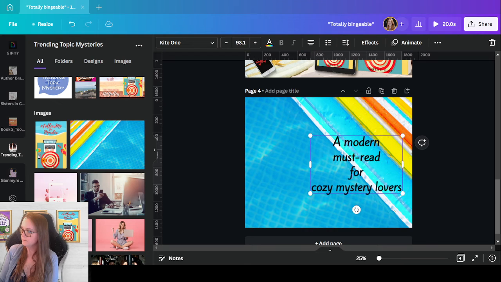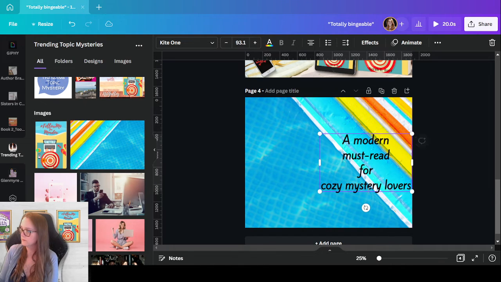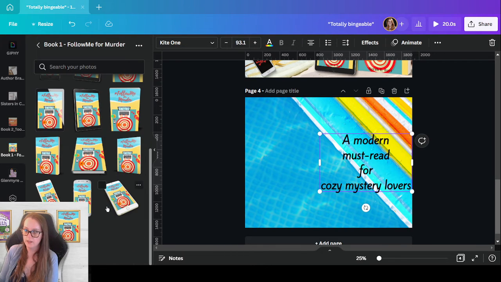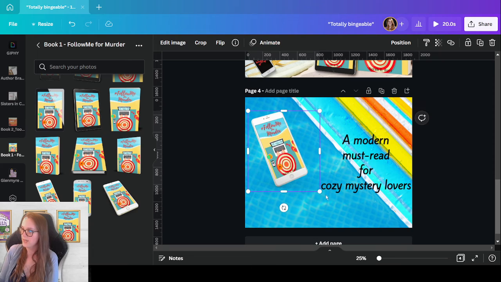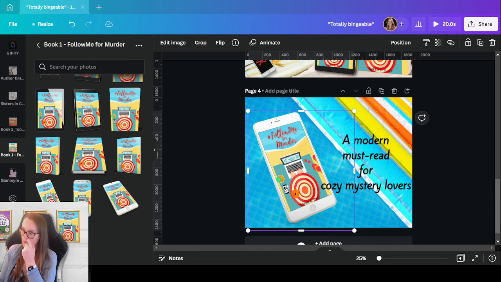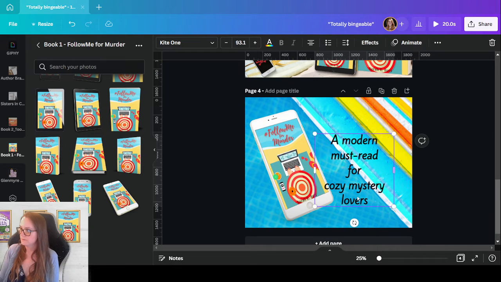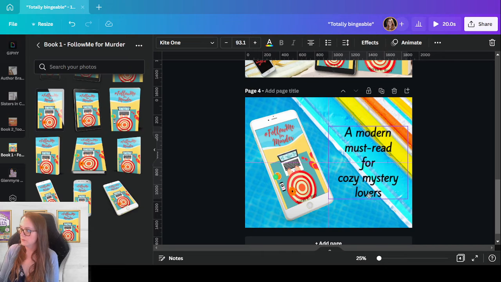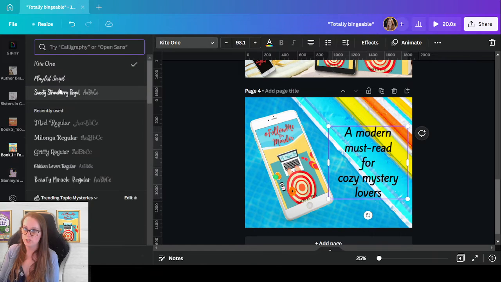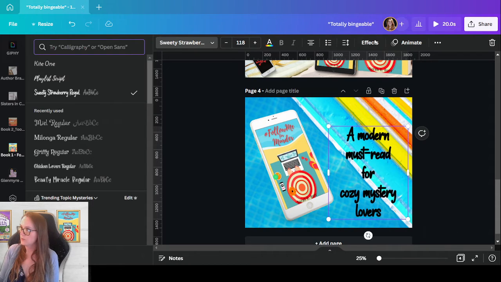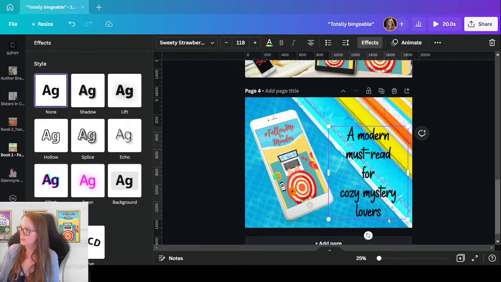All right. Then I'm going to go back to my pictures and I'm going to take this because it has a nice frame around it to offset the background. So it still pops because the colors are all so similar, but it's not overwhelming like it was. A modern must for cozy mystery lovers. I'm going to switch it to the Strawberry Regal font that I've been using. This one, I don't think I actually need the effect because it's already pretty,